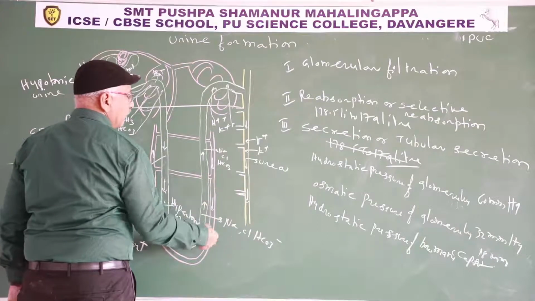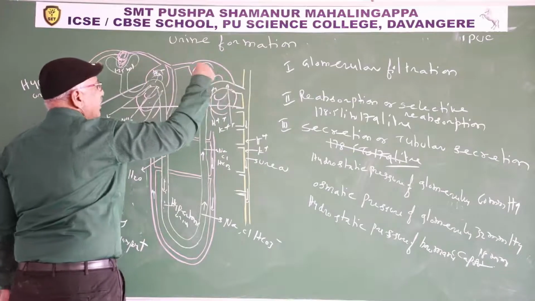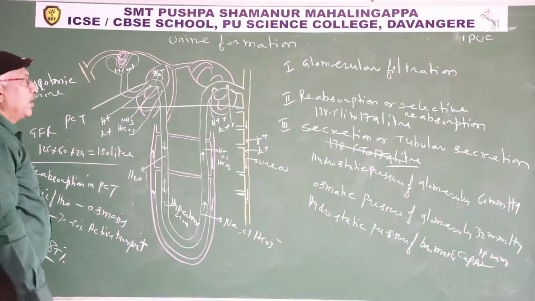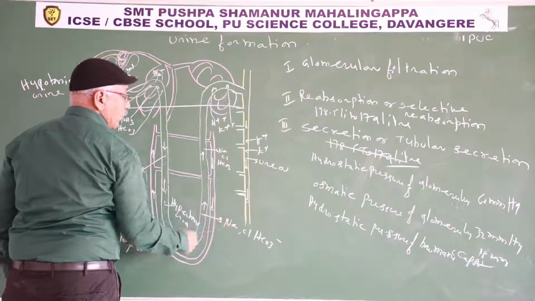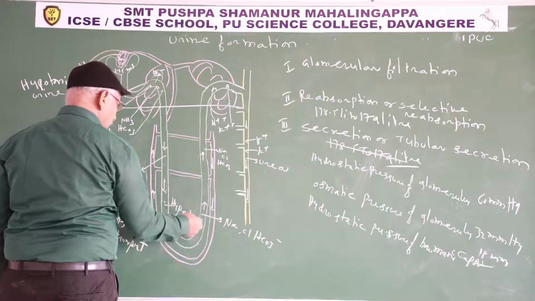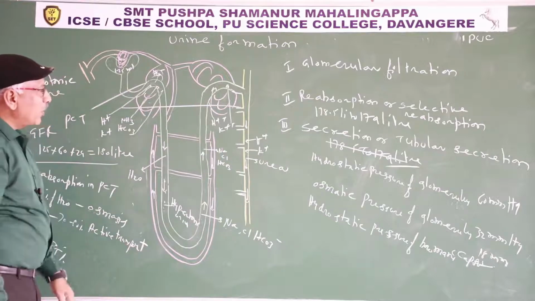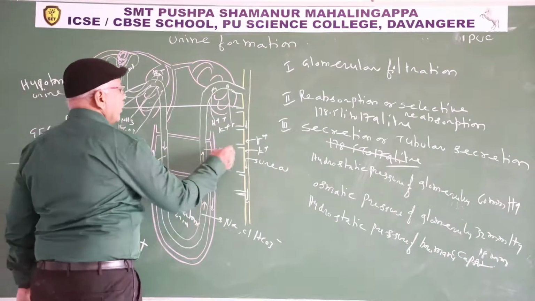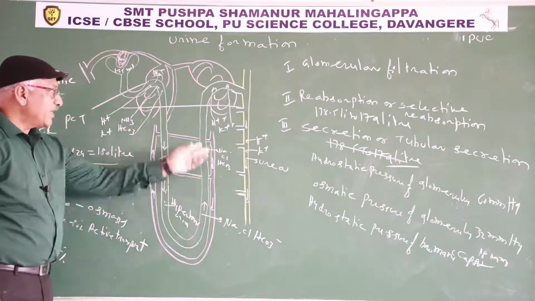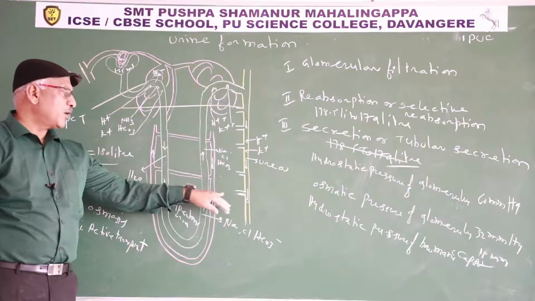So sodium chloride, bicarbonates, the electrolytes are reabsorbed passively from the proximal part of the ascending limb of loop of Henle. It is the proximal, nearer part. From the distal part of the ascending limb of loop of Henle, electrolytes are reabsorbed actively after utilization of energy only. Ascending limb of loop of Henle is impermeable to water. Water is neither reabsorbed nor secreted into the lumen of the ascending limb. So due to loss of electrolytes, concentration of urine decreases. So hypotonic urine is formed in the ascending limb of loop of Henle.